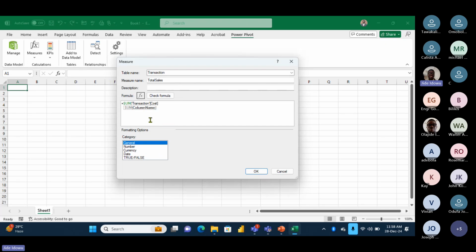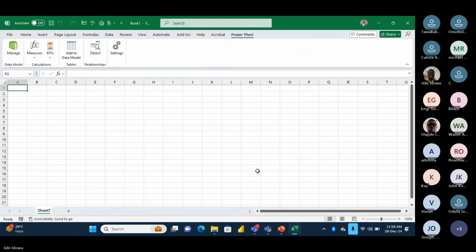So if I pick this, it's already asking whether it is general, number, or currency, which is money. And you can see the symbol, right? And it's also asking about decimal places. I'm sure we're fine, right? So if I say okay, then the measure is already written. But I won't see it here because we are not in Excel. If I go here,